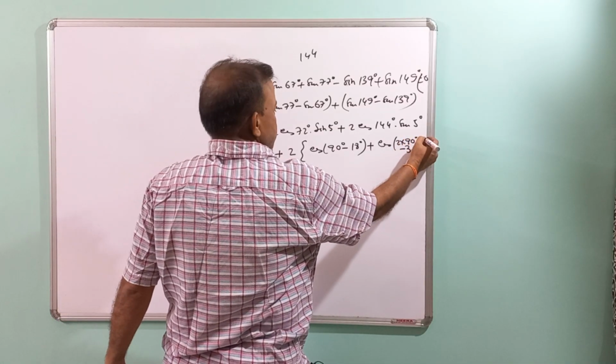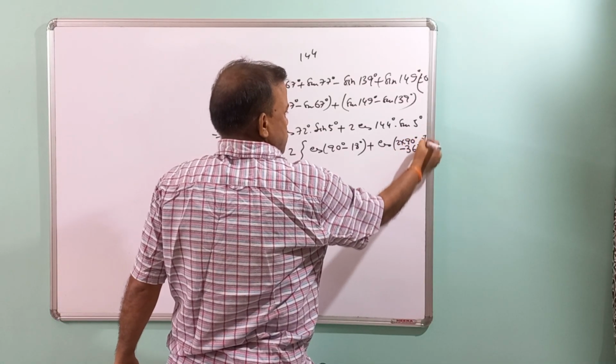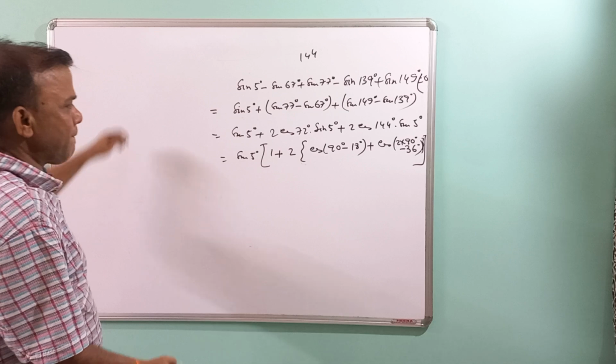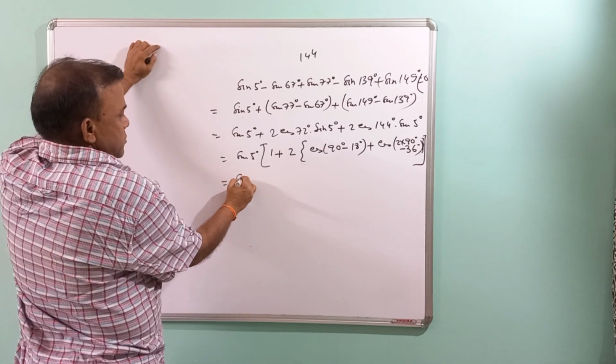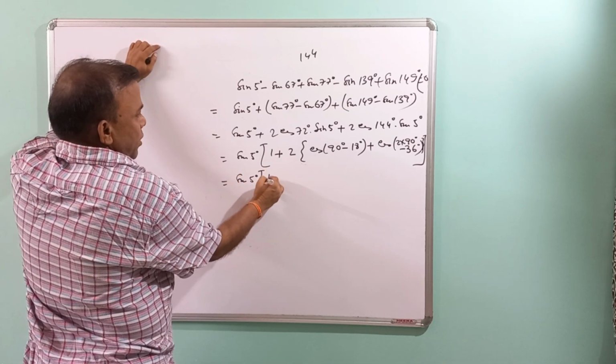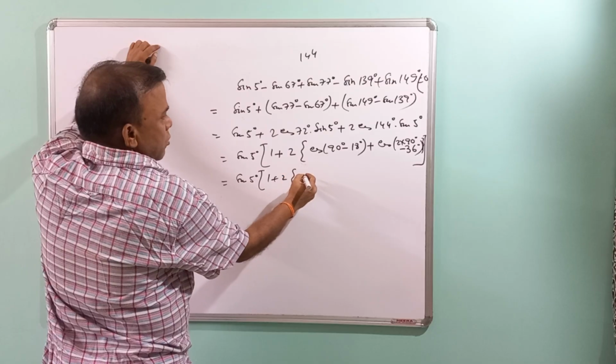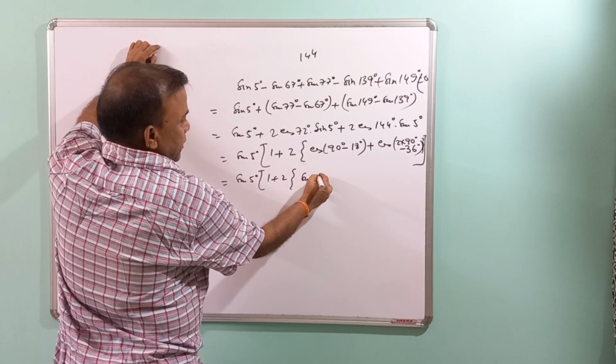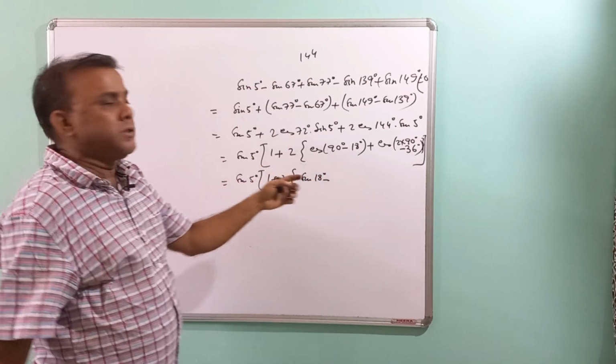So sin 5 degree, 1 plus 2 sin 18 degree,